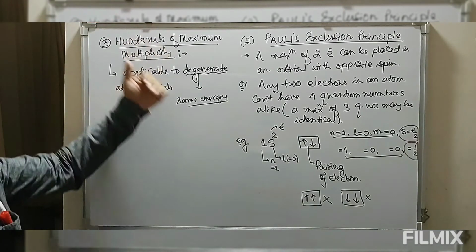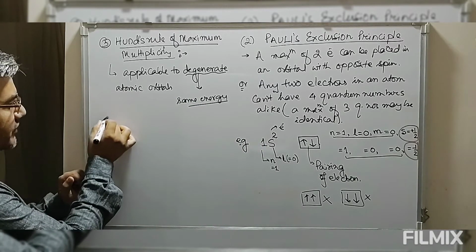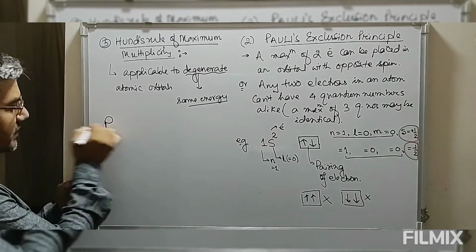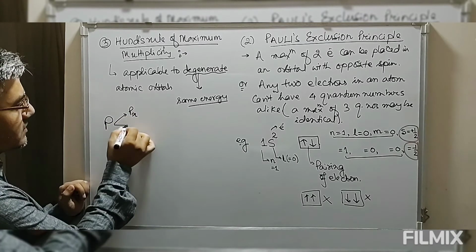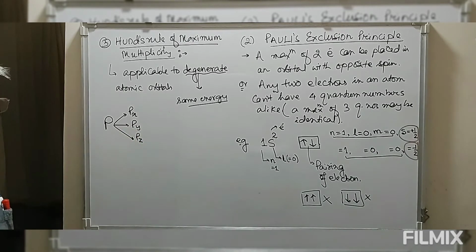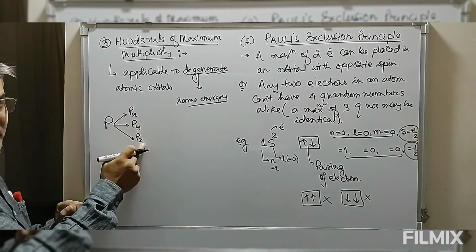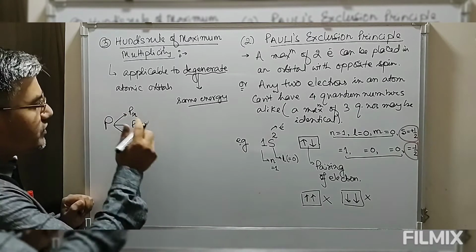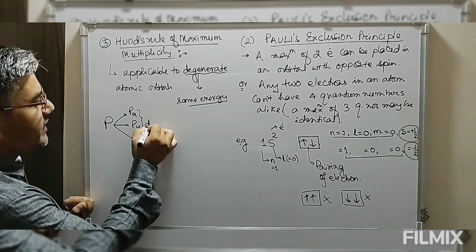So let me explain the meaning of degenerate orbitals having the same energy. Now look at this, p subshell. This is subshell p. In this subshell p we have 3 orbitals, px, py and pz. These are the 3 orbitals present in this subshell p. So these 3 orbitals present in the same subshell are known as degenerate,